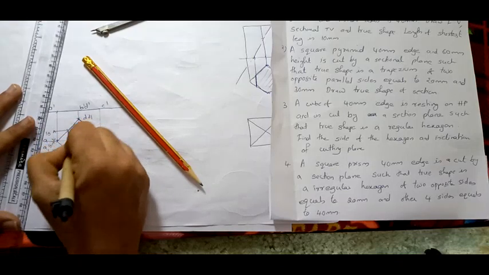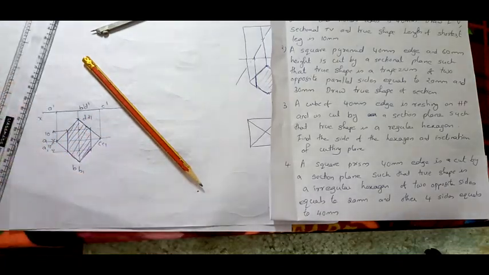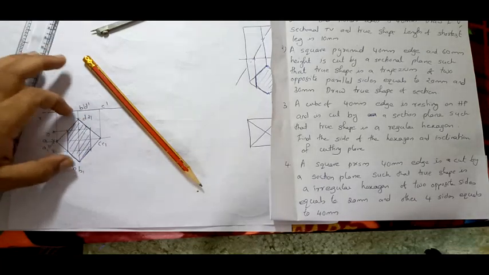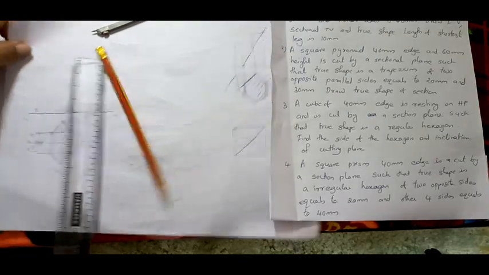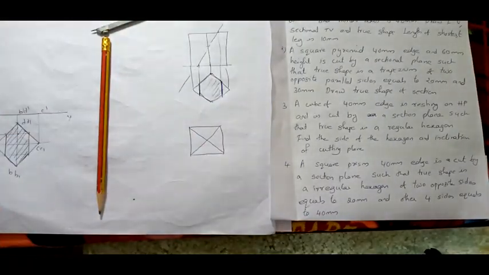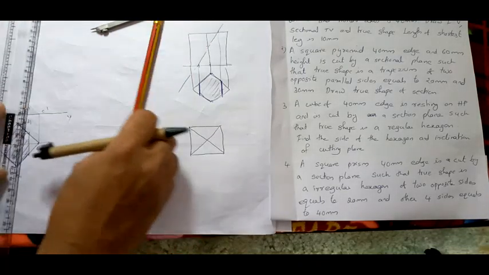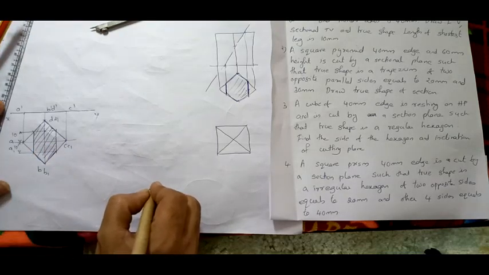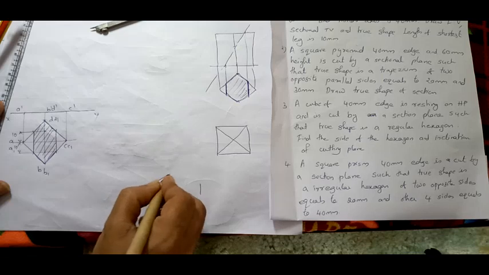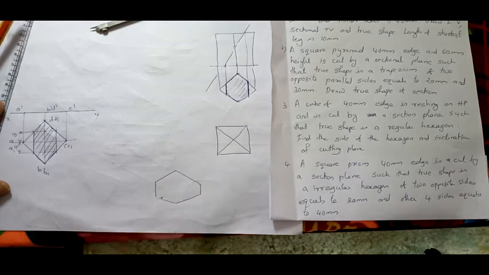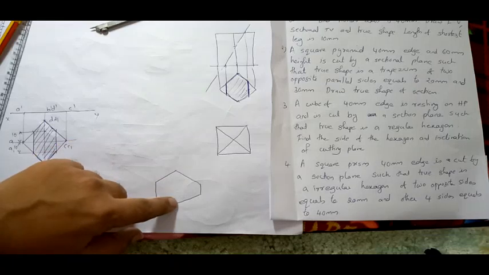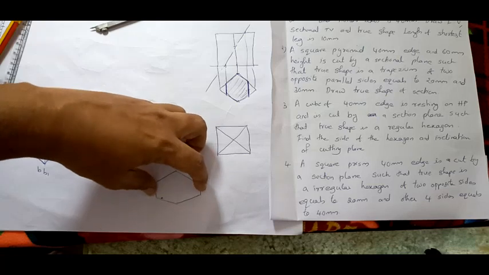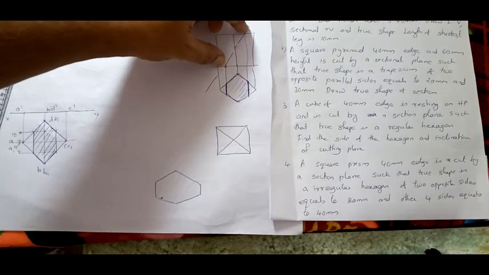So while hatching, this will be your irregular hexagon by taking 10. These two are true lengths, but these are not true lengths. Now our aim is to find the true shape. If you have constructed the true shape, this one is your regular hexagon, right? Two opposite sides will be equal to 20 and the other four sides equal to 40. If I have constructed the true shape, this height will be equal to the section height, right?